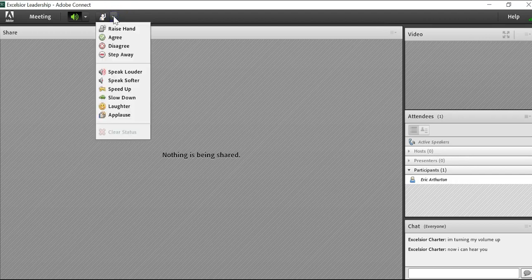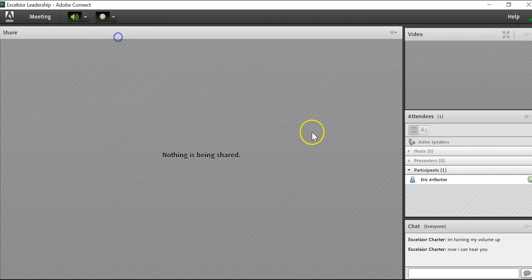You can interact by clicking here: raise hand, agree, disagree, step away. You can ask the presenter to speak louder, softer, speed up, slow down. You can react to different things too, and of course clear your status once you pick one. So here's an example. You see the check mark there, and I could clear it off that way. You'll also be able to